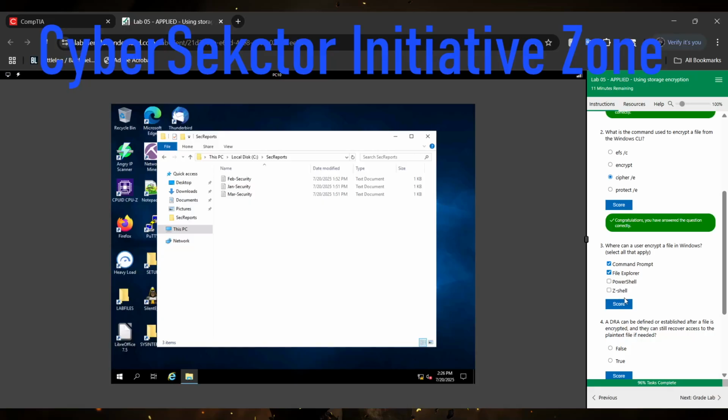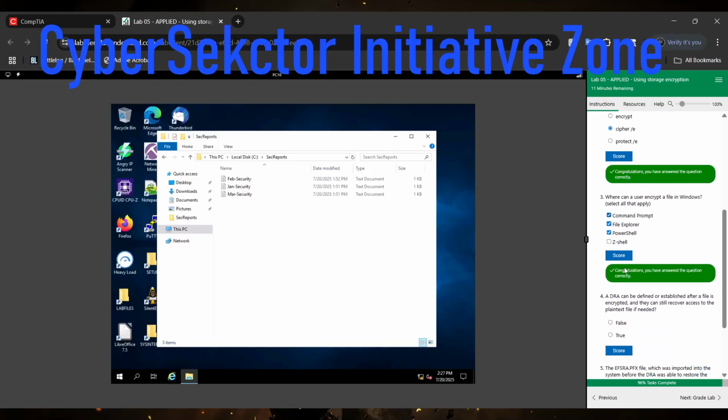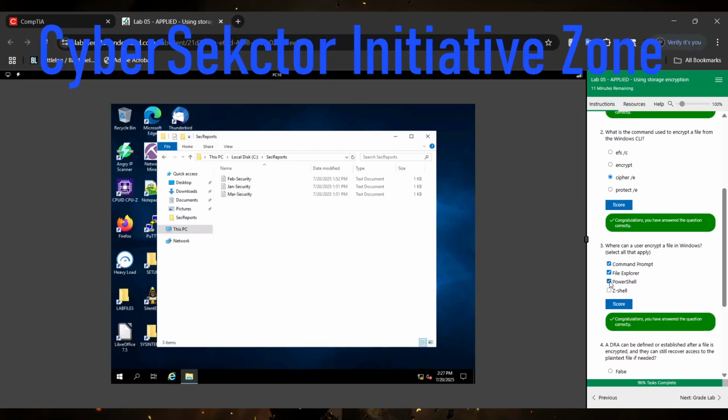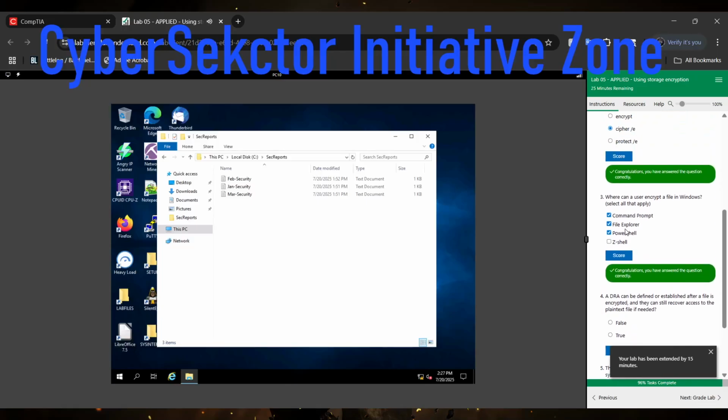PowerShell and Z Shell, I don't think you're able to do that, so I'm going to go with no on that. Are we right? No, we still have another option. Let's see. I'm going to try to use PowerShell. Can we do that? Okay, yeah. I was wrong. So you can basically use PowerShell, File Explorer, and Command Prompt in order to encrypt